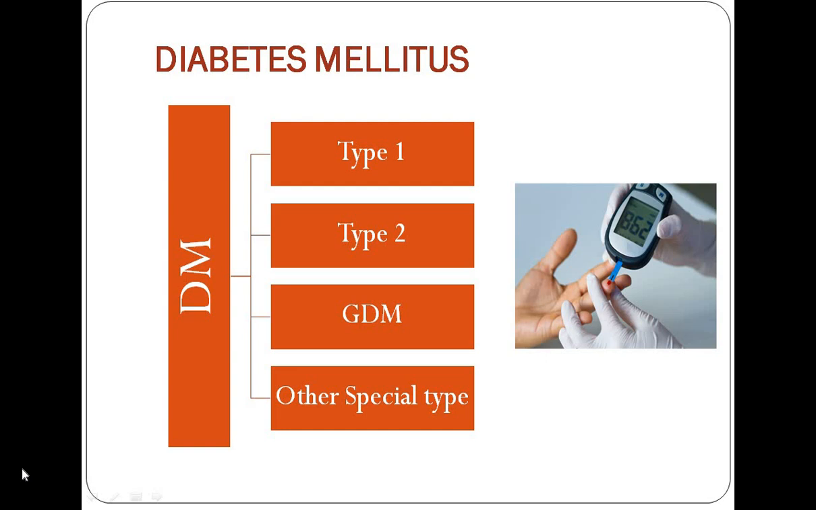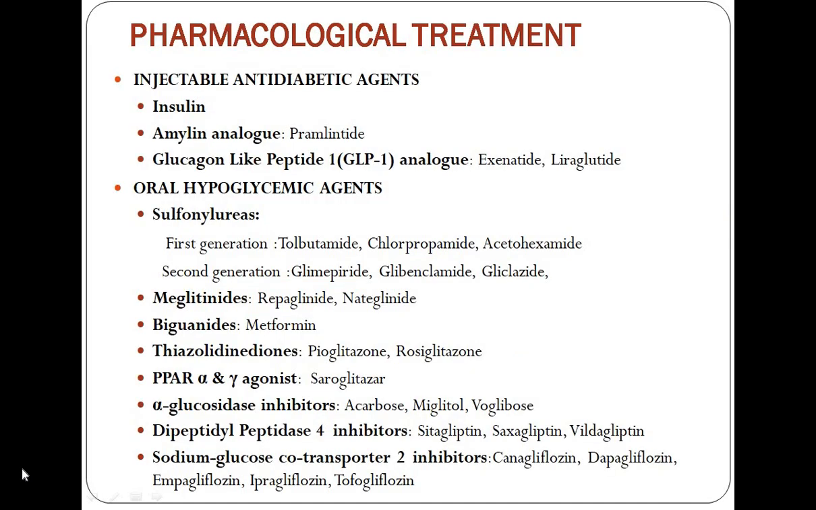Now we know that insulin, glucagon, and other pancreatic hormones were also discussed. So directly we are going to start with the oral hypoglycemic agents. Now these are the different pharmacological treatments available for the management of diabetes mellitus. There are different injectable agents like insulin, amylin analog, glucagon-like peptide analog, and under the oral hypoglycemic